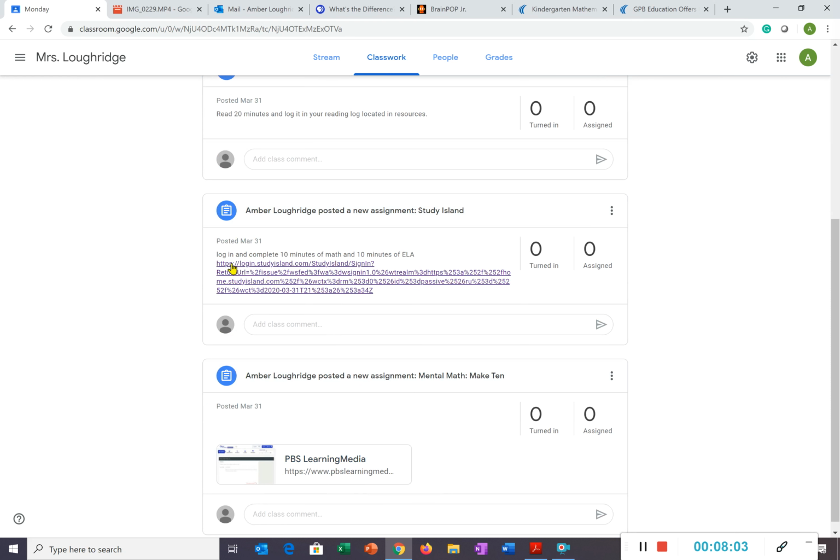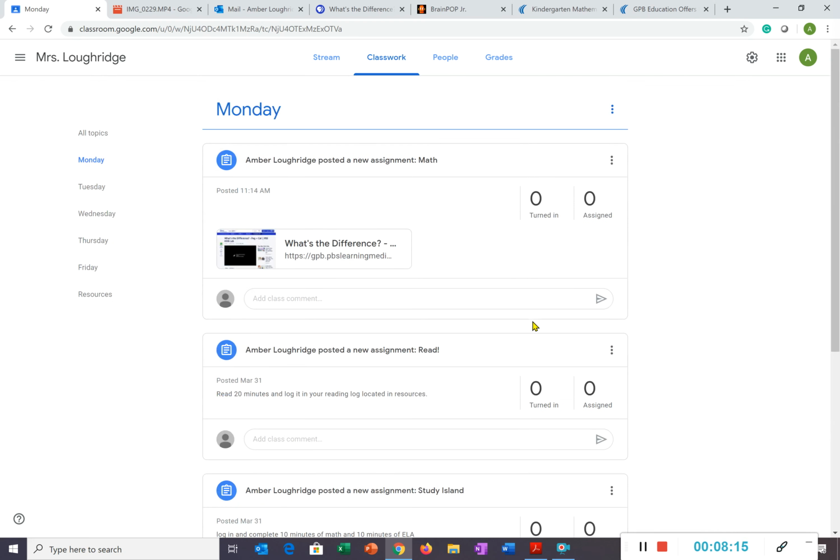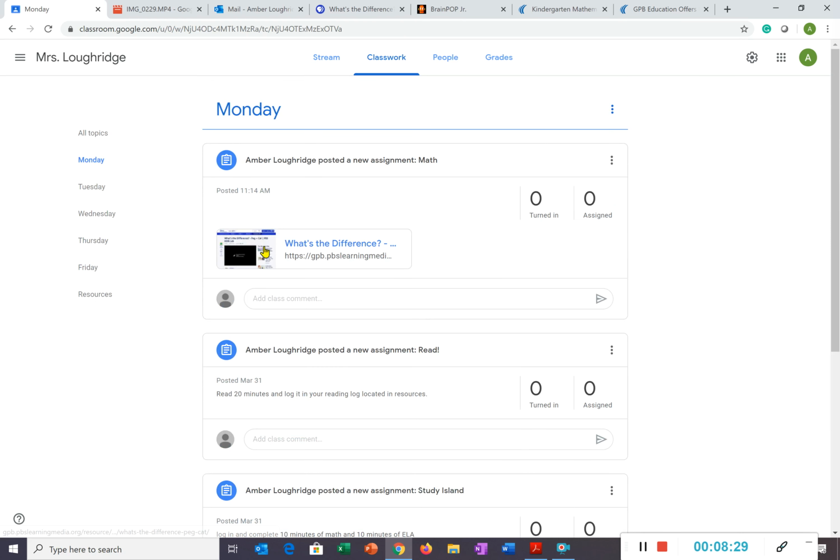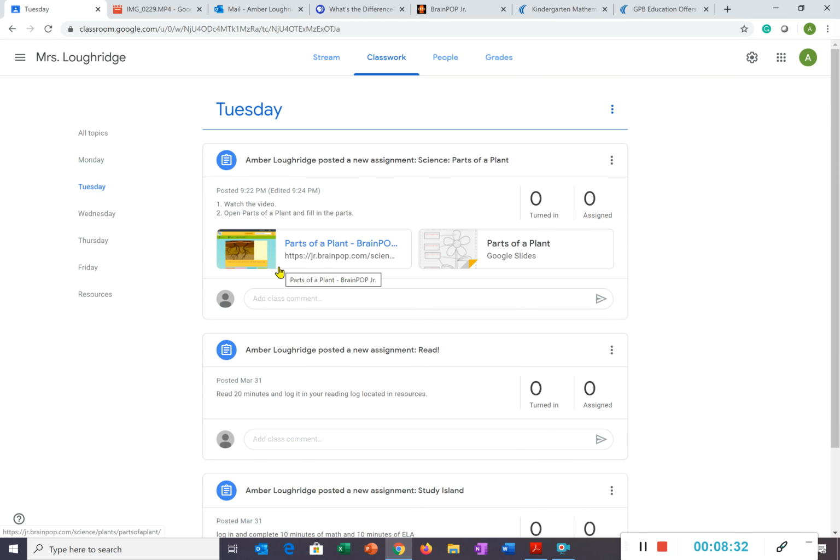And if you already have another program that your school or your system is using, of course put that in there, but that's an easy way to do an assignment, and I really would not do more than 4 or 5 assignments a day, and you don't have to cover every subject every day unless that's something that your district is specifically telling you. So I hope this has been an informative session and has shown you how to do some things easily. I will be uploading a video tomorrow showing you how to create these types of assignments, and